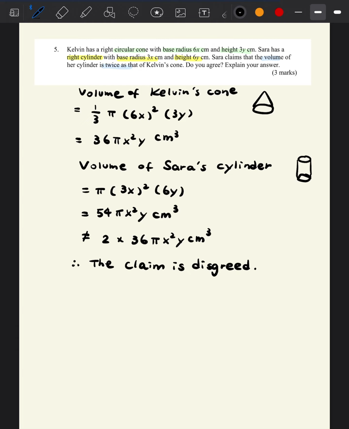So here, the most common mistake is you forgot your unit, or when you compare it, you didn't say whether it is twice, you just say greater or smaller, or the common mistake was circular cone and right cylinder. You don't know how to find the volume of them. You mix up your formula. A lot of you write 2 pi r squared h, which is wrong. So make sure you know how to find the volume of